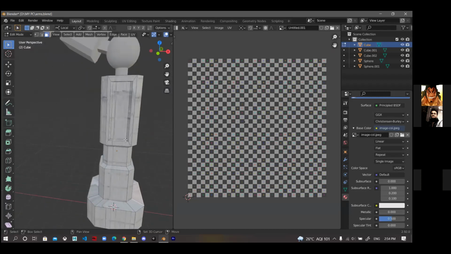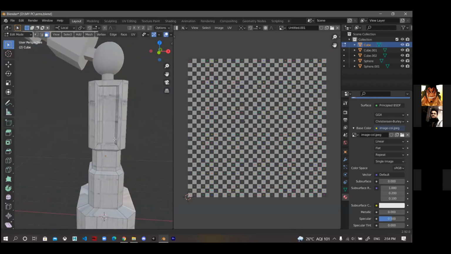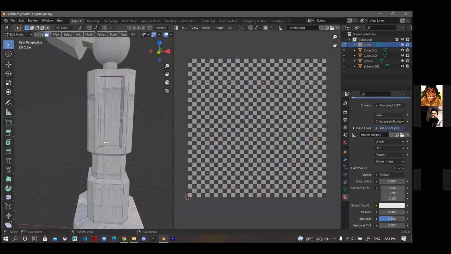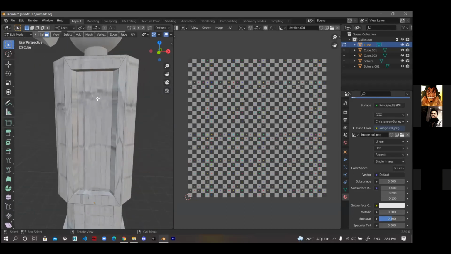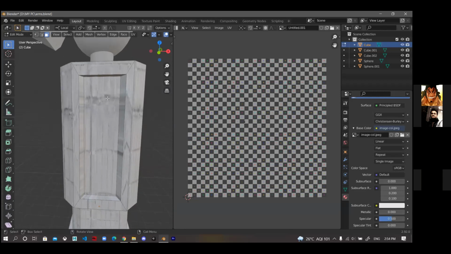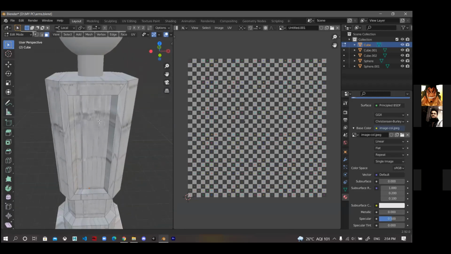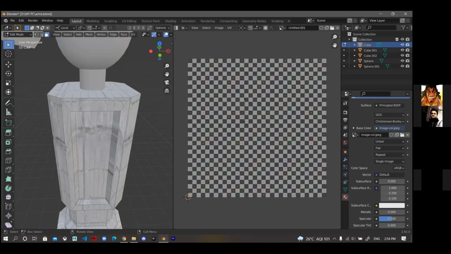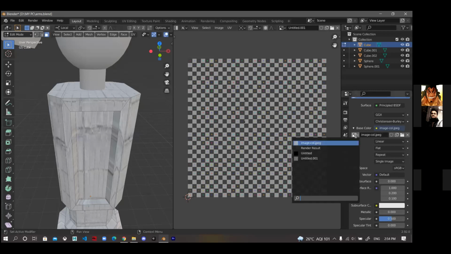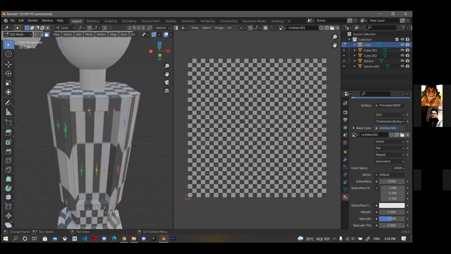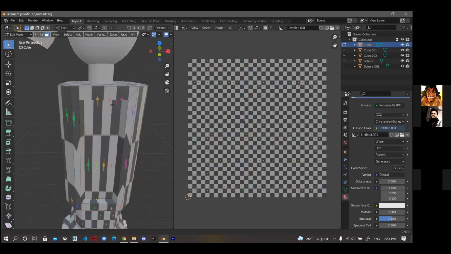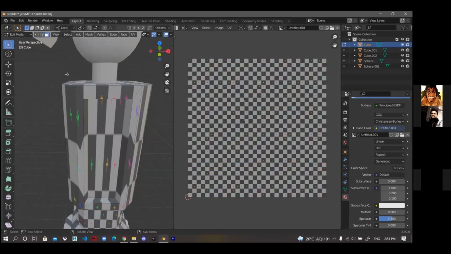For this, we have to do the UV unwrapping, to remove the stretching or make it a perfect scale. Now we will go into edit mode and select the edge.